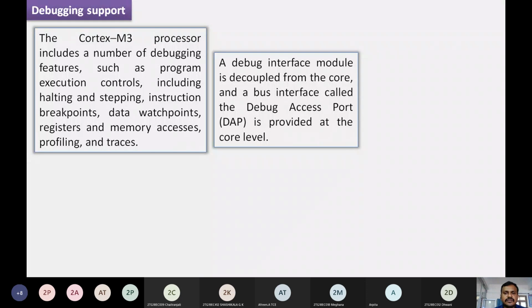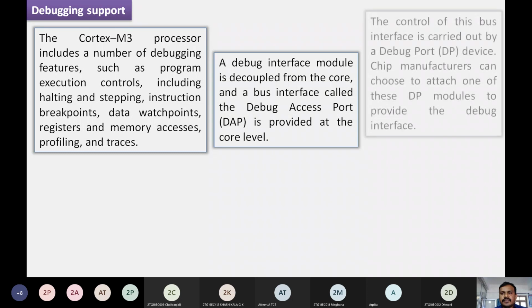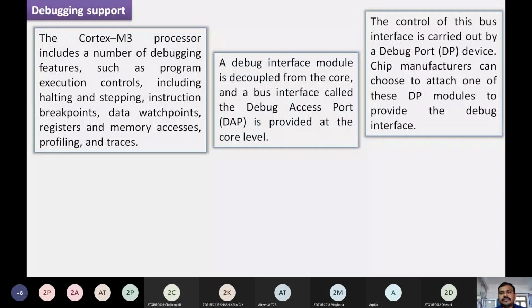Through this debug access port, the control of this bus interface is carried out by a debug port, which we name the DP device. The chip manufacturers can choose to attach one of these DP modules to provide the debug interface. So the access and control of that bus is through one port, the debug port.